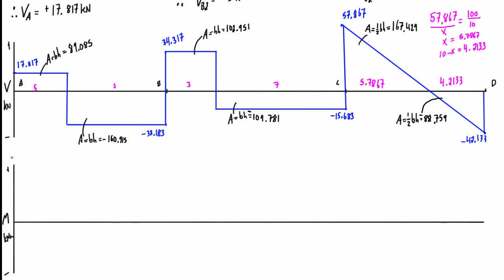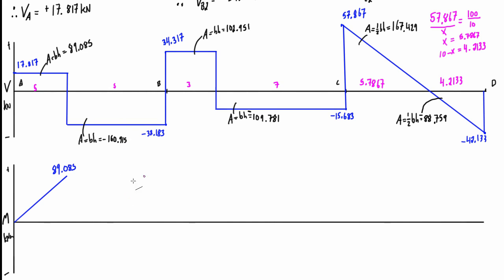Alright, so we know that we're going to start at 0 because it was the end of a span, and in this region we have a linear change in the bending moment diagram, and it's going up by the magnitude of the area, which is 89.085. Now as we go from this point to this point, the change in magnitude on the bending moment diagram is equal to this area. So we take 89.085 minus 160.915,